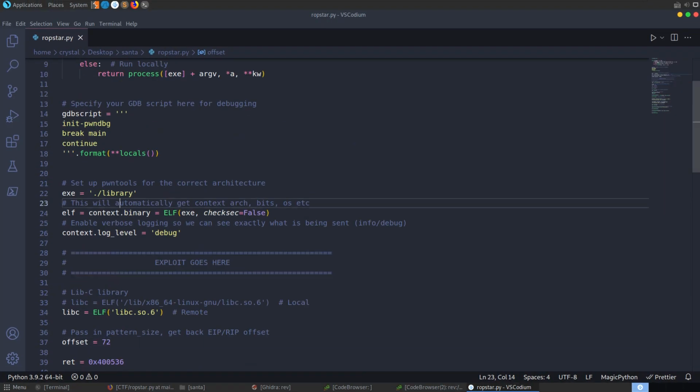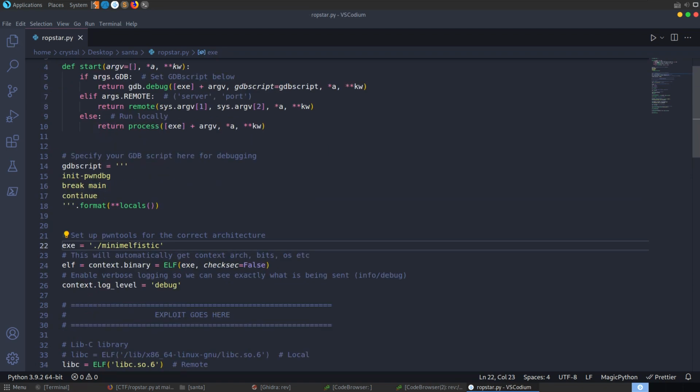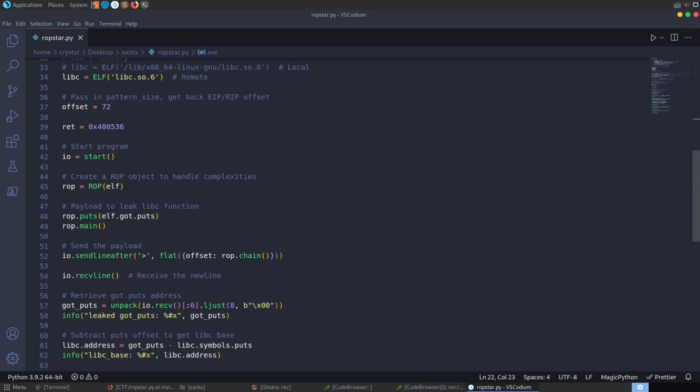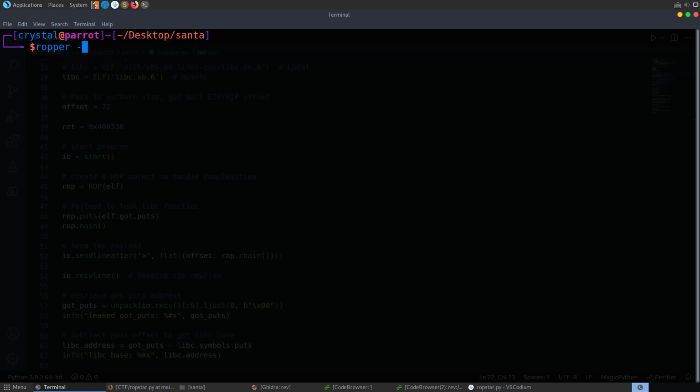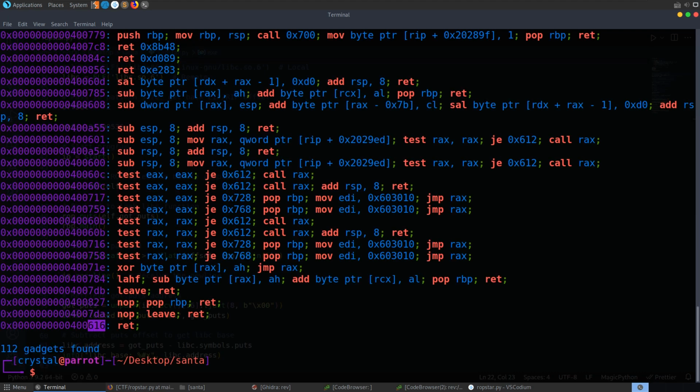We haven't updated our binary name. Let's do that now. And let's go and see what else we might want to change. Let's get that return address instruction. I'm going to do ropper again just to look up the gadgets. Get the offset this time. It's